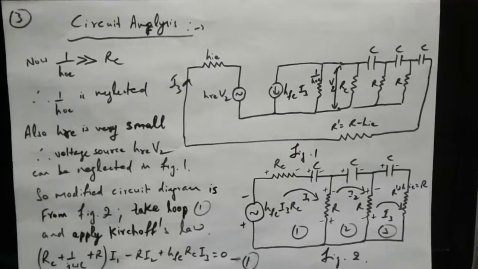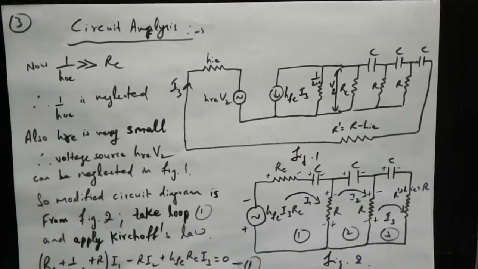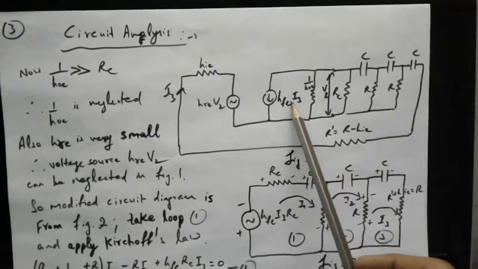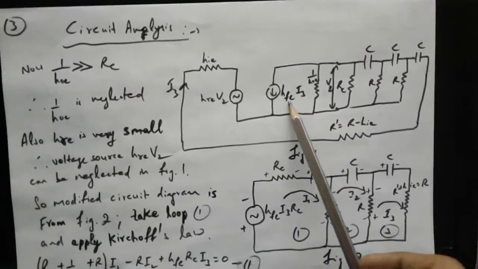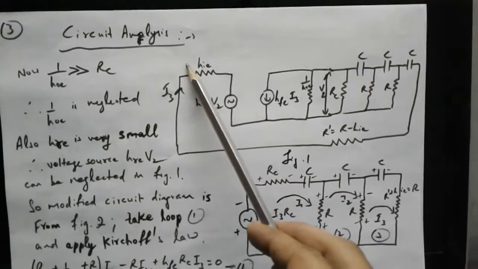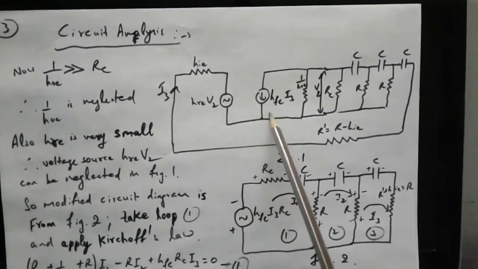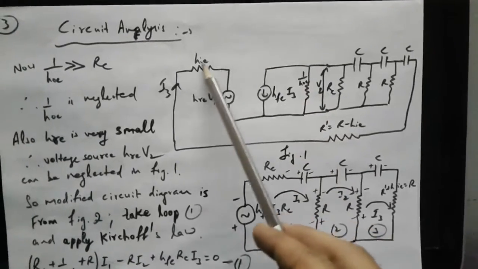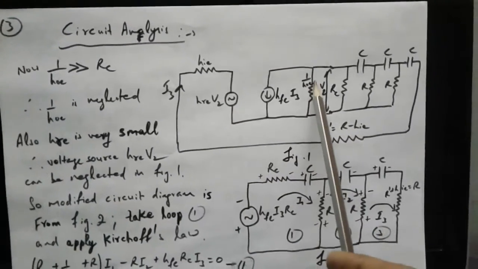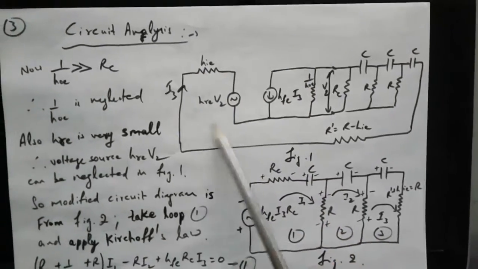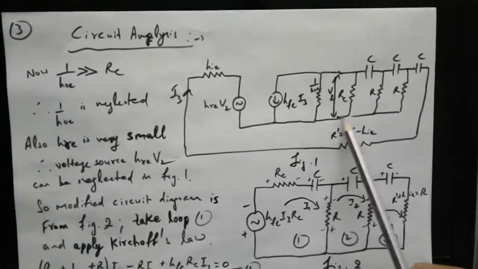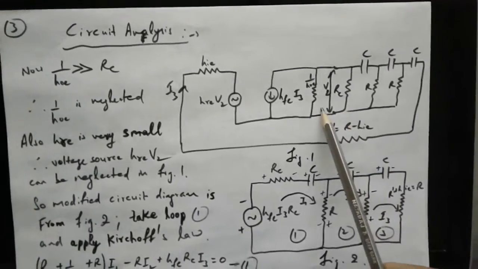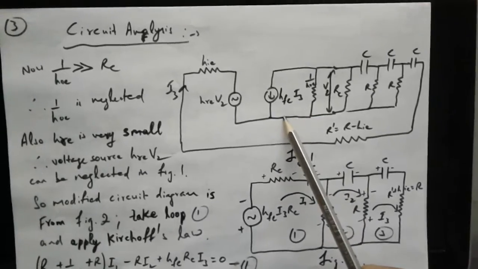Now we will discuss the mathematical analysis of phase shift oscillator. Here you can see in this circuit diagram, it is an H parameter equivalent circuit diagram, in which this portion, that is HIE, HRE V2, HFE I3 and 1 over HOE, is common to every H parameter circuit. The other circuit components which are there in a circuit we can put along with this H parameter circuit.